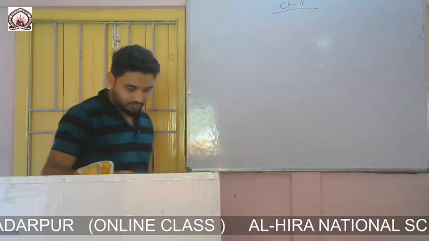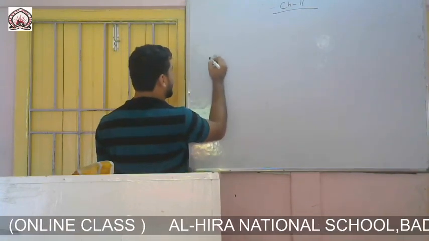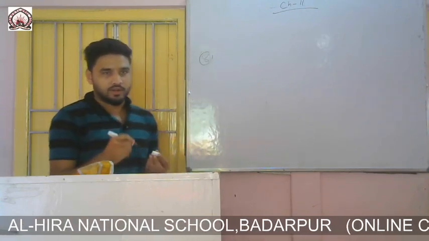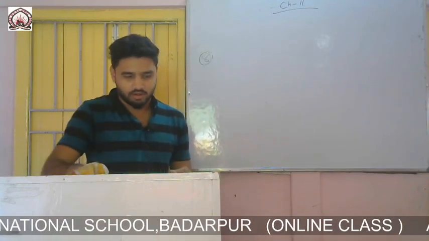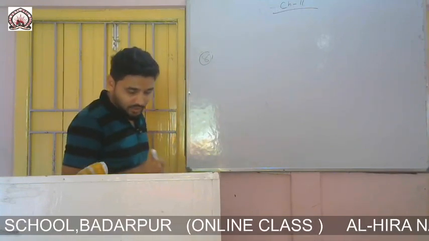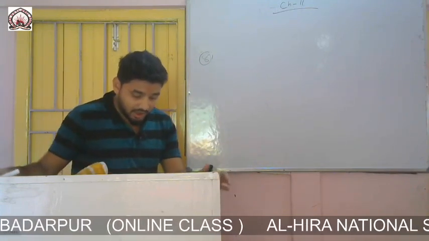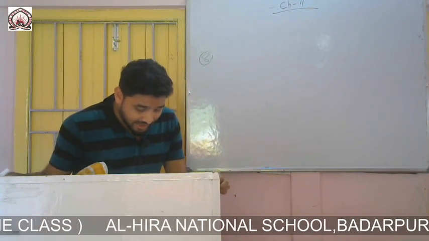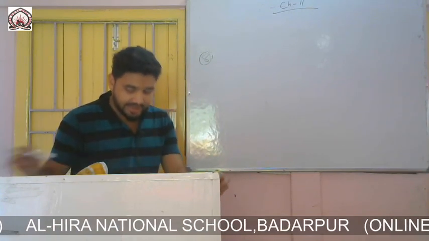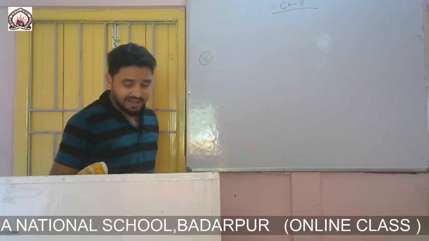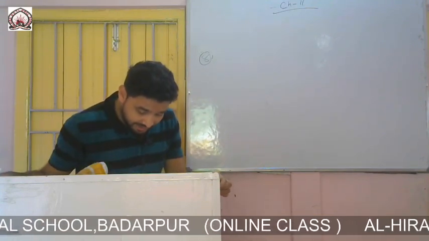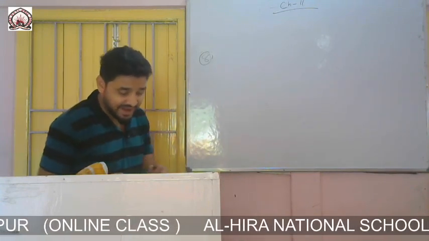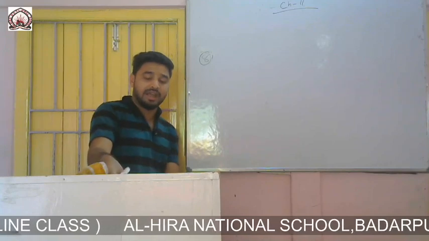Okay, so you see in question number 8, in figure 1 it is given triangle ABC is right angled at A. That means triangle ABC is right angle at A and AD perpendicular to BC. Also B equals 55 degree, then find BAD. Then you have to find BAD. Okay, let me